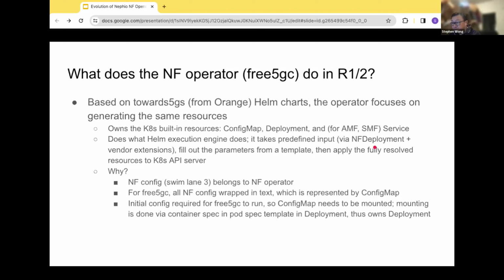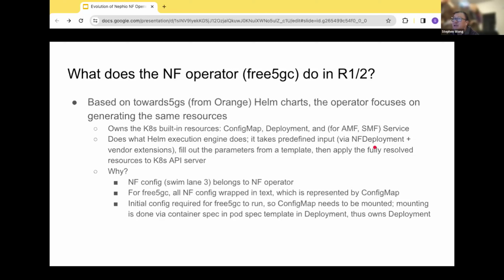For free5GC, unfortunately, the network function configurations are text based, and we wrap them up into the Helm charts and into a config map. The execution of the free5GC network functions requires that the full configuration be loaded somewhere in text for them to read. You point them to where the configuration is, and when the process starts running, they read the configurations.